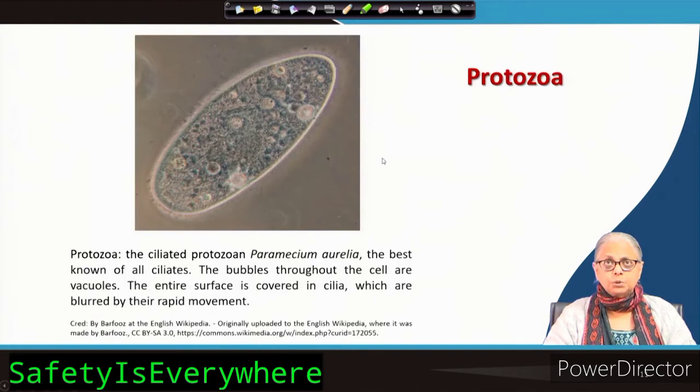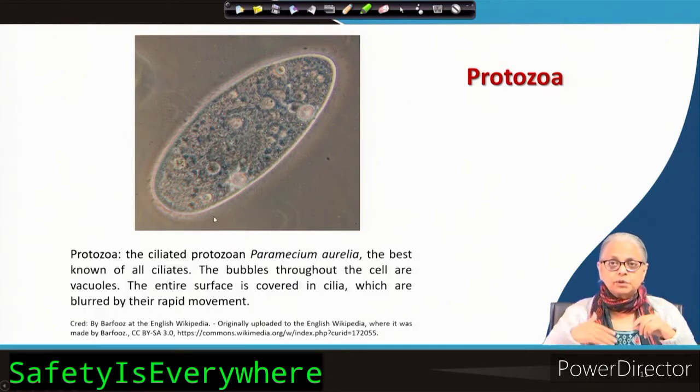Here we have protozoa. And protozoa, like I said initially, they are protists, and this is a very common one. It's called Paramecium aurelia. You can find it in water, you can find it in wastewater. This is a ciliated protozoa. Cilia means you can see these hairy appendages all around the cell wall, and they are not very clear because